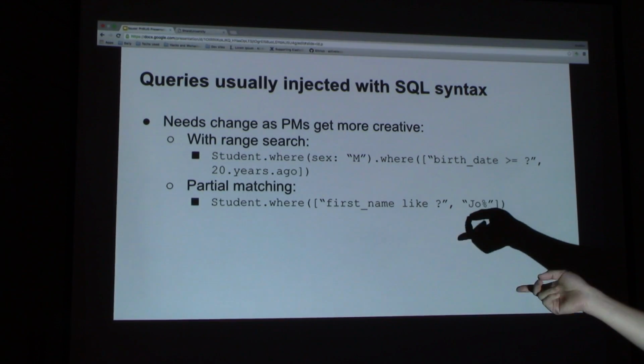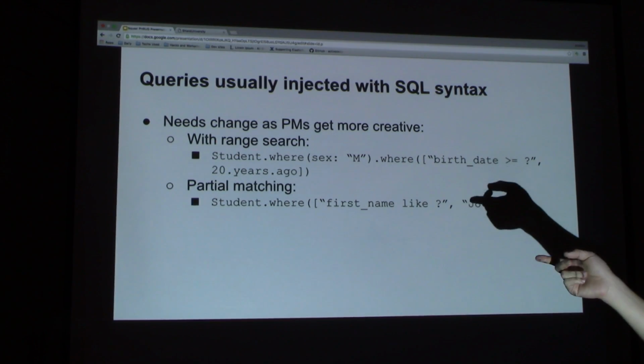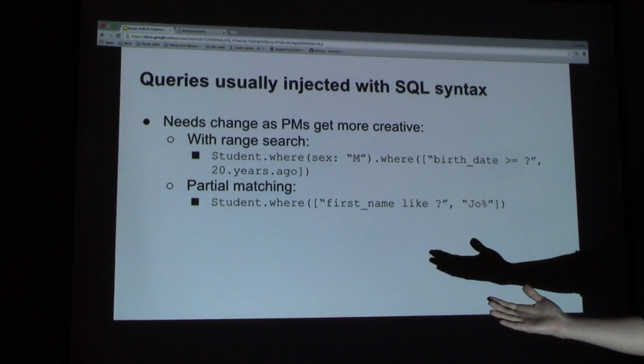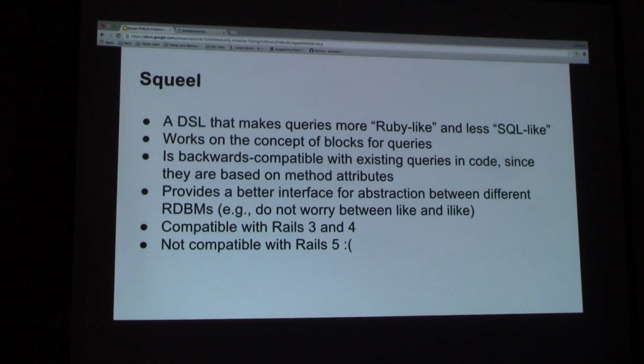with traditional queries, your where conditions are inside the arguments. It's an argument, your conditions, it's inside the open and closed parentheses. They're all just arguments. With Squeel, what happens is that instead of them being arguments, they become inside blocks. So because of that, if you implement Squeel, it's backwards compatible with your existing code. So what happens is that if Squeel sees it's not a block, it implements it the traditional way. But if it's inside a block, the curly braces, then it knows it's Squeel.